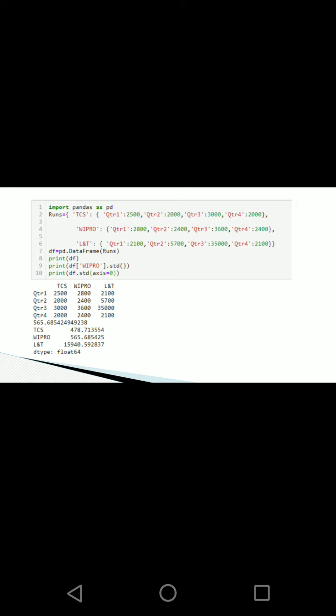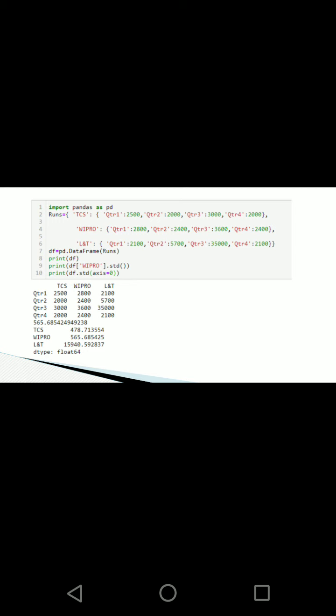Now coming to the standard deviation, this is also a mathematical statistical function. Standard deviation is how far a value deviates from the mean or the common value. The format is df column name dot std. Pause the video here and try to write the same program with the function std, and you can check it here, the format is the same.